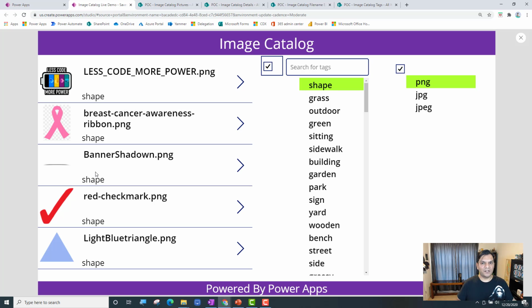So you see how this combination of doing the ands and the ors in the items filter that we did, plus I'm able to go ahead and check, doing this checkbox to hide and show, that basically makes it that if the box is checked, then use this. If it's not checked, then use that. I'm putting a whole bunch of combinations over here to literally make your image catalog app, which is giving you full functionality over there. So this is basically how I had to go ahead and build the app, and it's